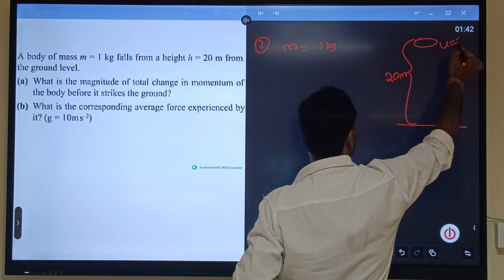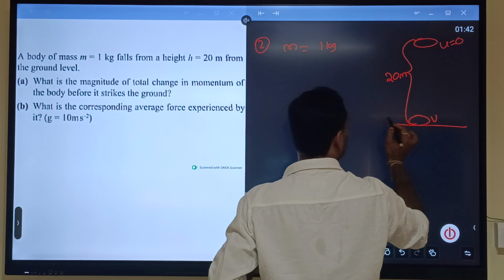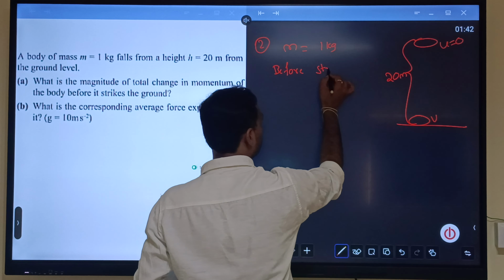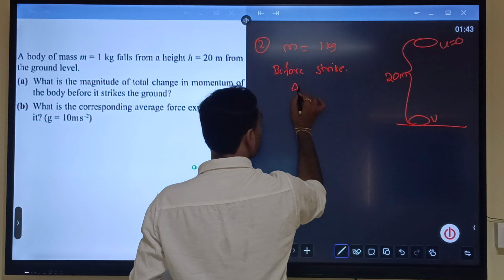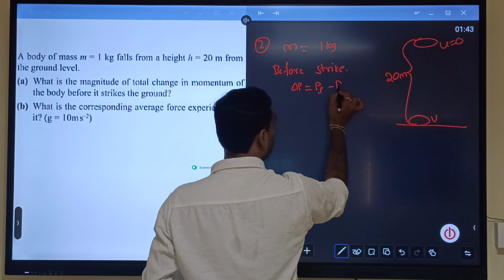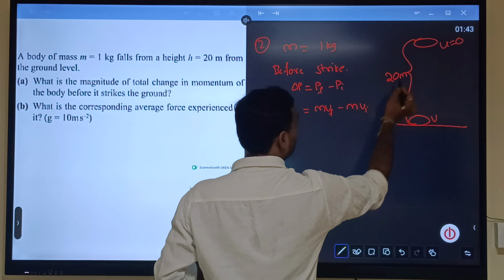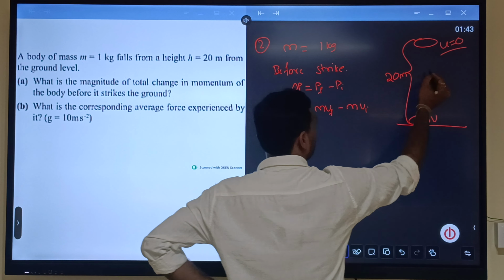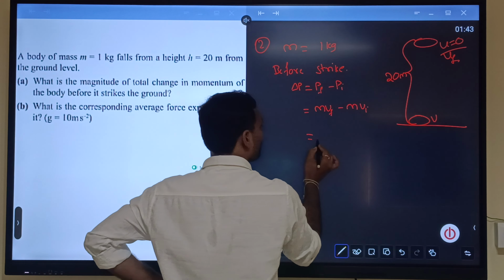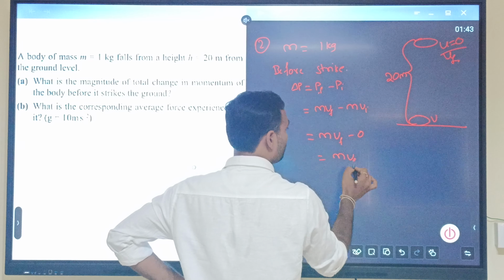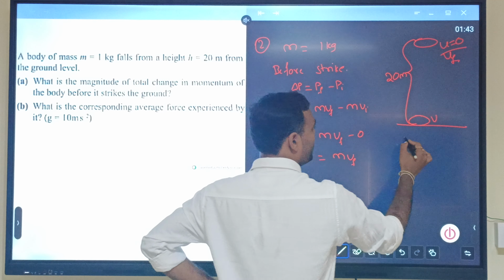Let us assume u is equal to 0, and v before the strike. Change in momentum is how much? Pf minus Pi. Pf is equal to mvf, and Pi is mvi, where vi means initial velocity, which is equal to 0. So m into vf minus 0, which is mvf. Right? And here vf is